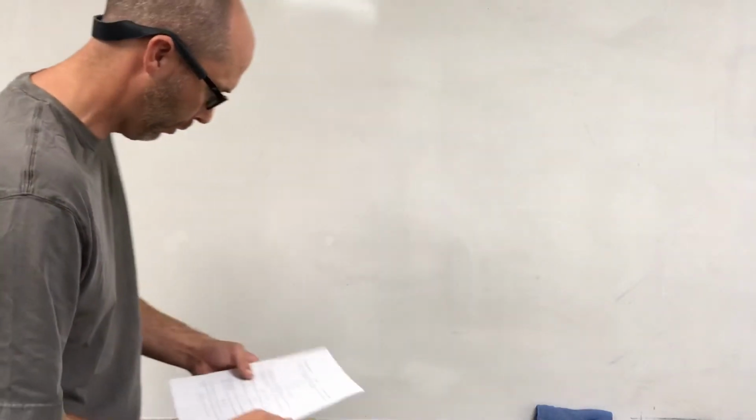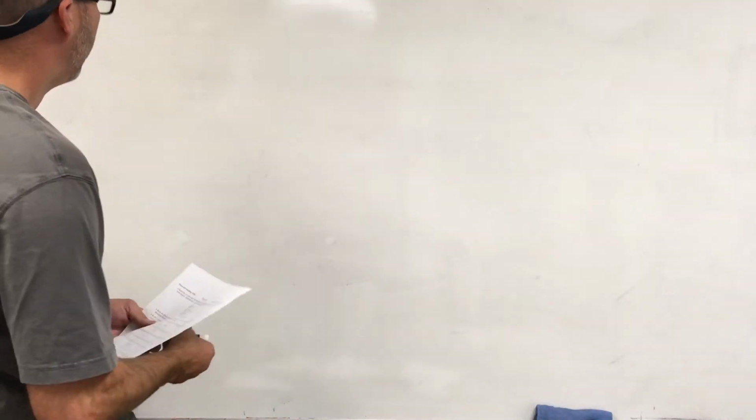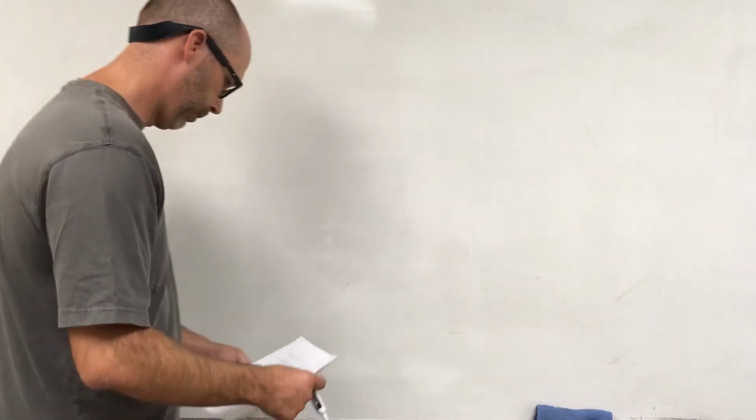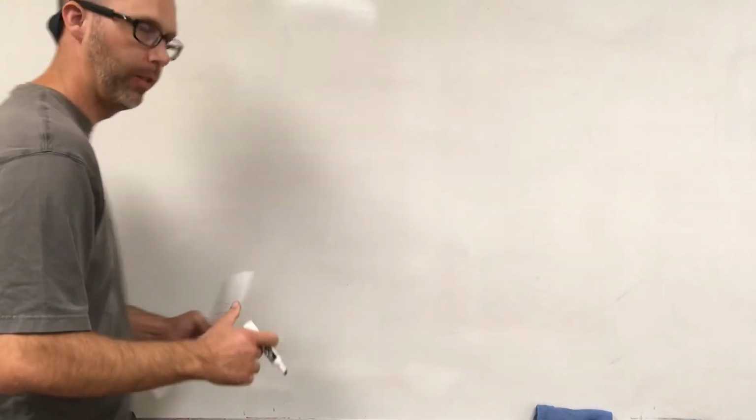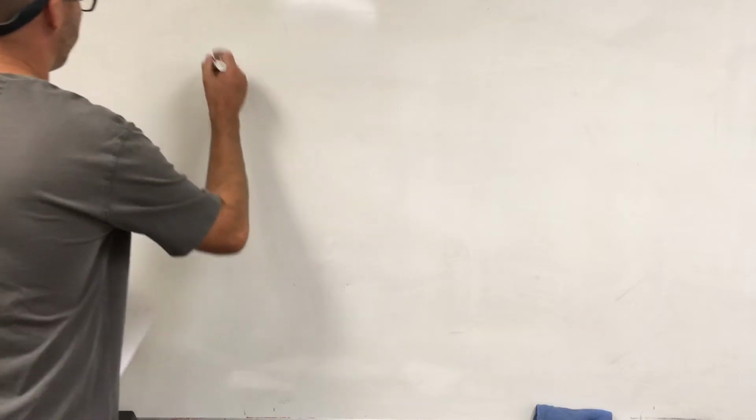Okay, chain rule one. All right, so the chain rule allows us to compute derivatives, slopes of tangent lines, instantaneous rate of change, all the same thing. For functions like